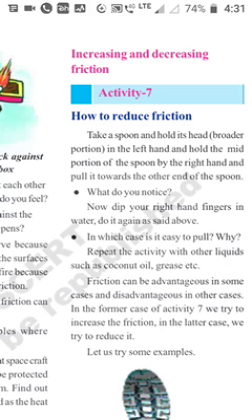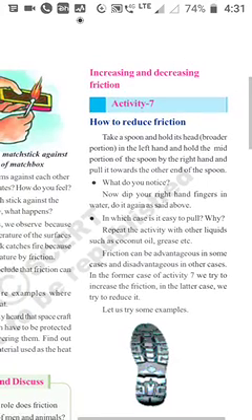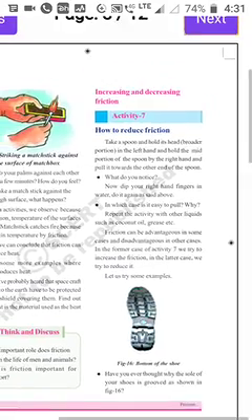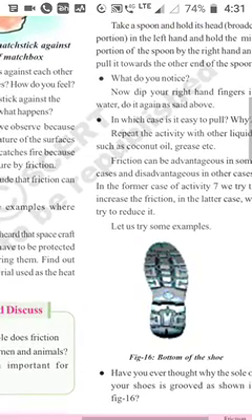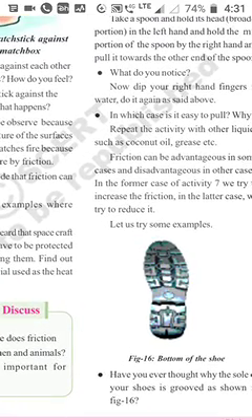Let us try some examples. By using the spoon, what we observed is that in some places friction has advantages and in some places friction has disadvantages. In some places we have to move freely, and in some places it is very difficult to move that spoon. Let us try some more examples. Bottom of the shoe. So you have to see the shoe bottom, how it is very rough. Why? Because if it were very smooth, what would happen?